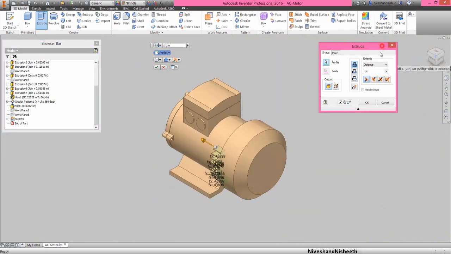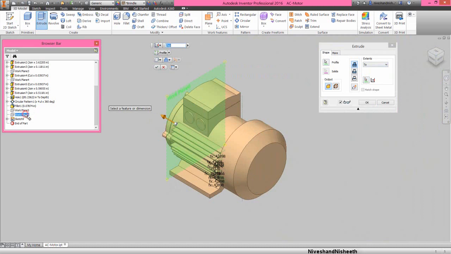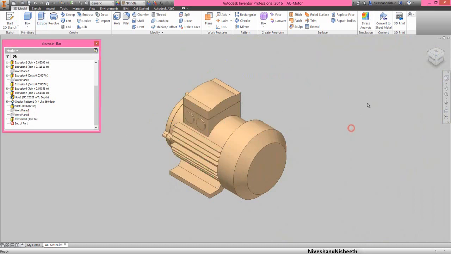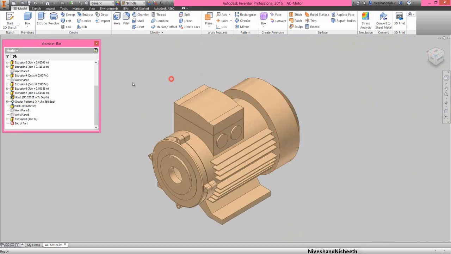Now the preview is visible here. Choose 2 option and select the work plane 6. Now see, many slots are visible here over the side of the AC motor. It looks good.